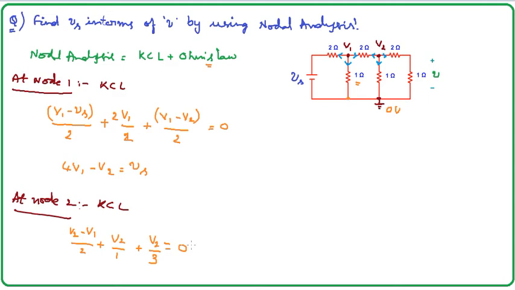In general, we need to write in the same manner, V1 by 2. So it will be minus V1 by 2,